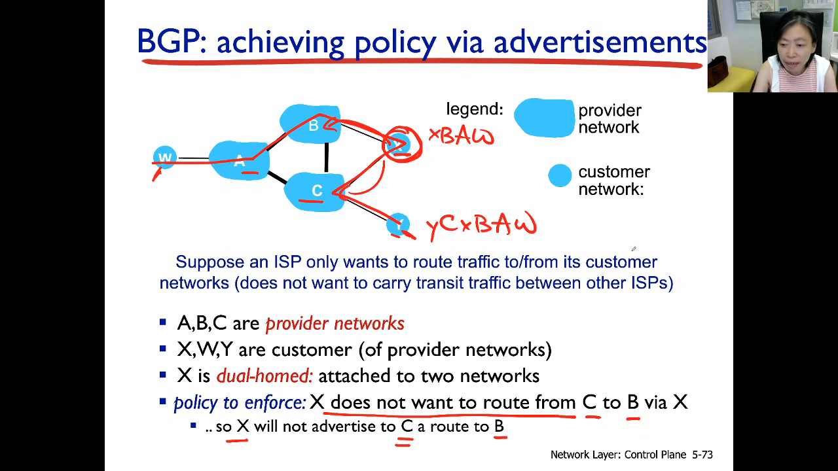So again, money is the issue. X is not getting any money from C or from B. Therefore, X is not happy transiting traffic for these other ISPs or even from other customer networks not paying